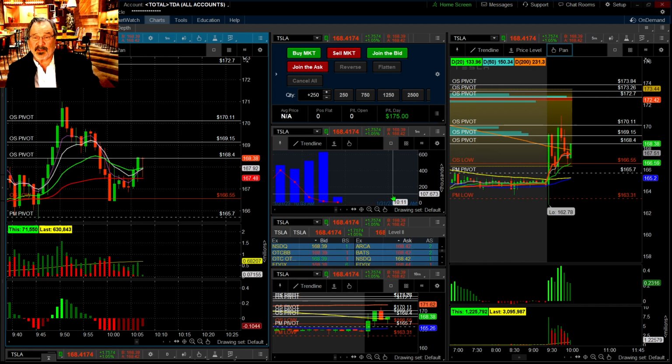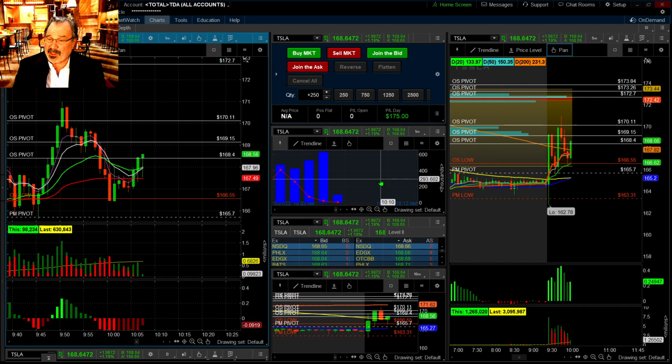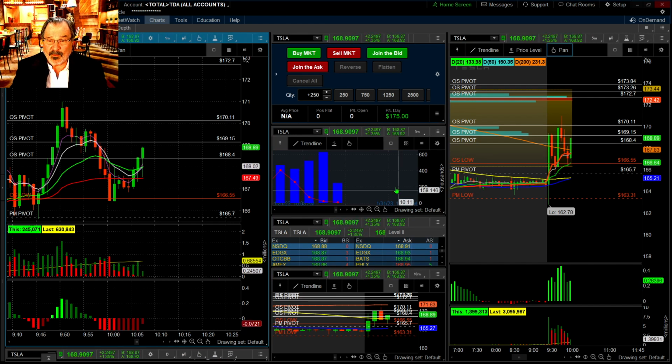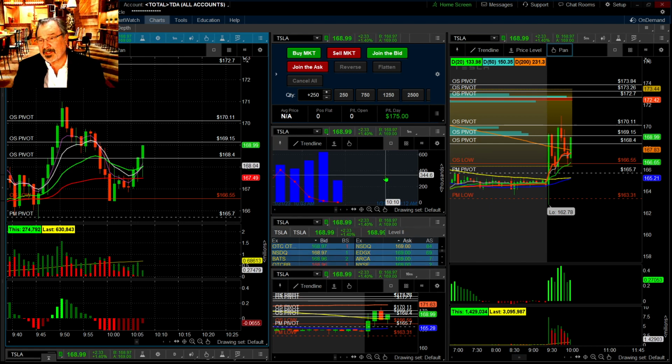So I'll be trading with 250 share increments. I'm not going to trade a lot. I wanted to make this more of a little bit of a tutorial about how to trade. I do have my daily chart down here that I use too. I'll expand that up when I start to see if there's any big trend lines, because